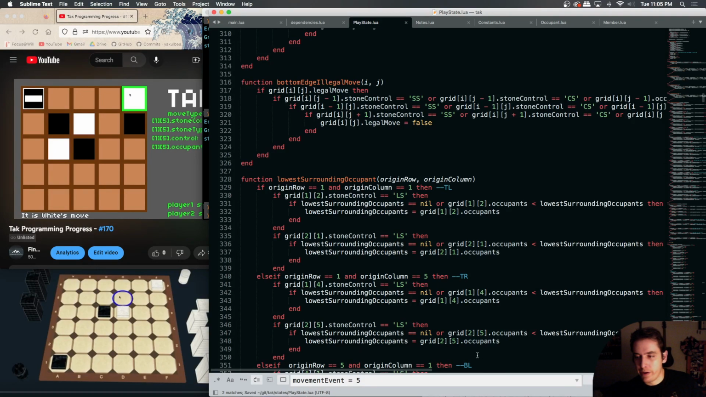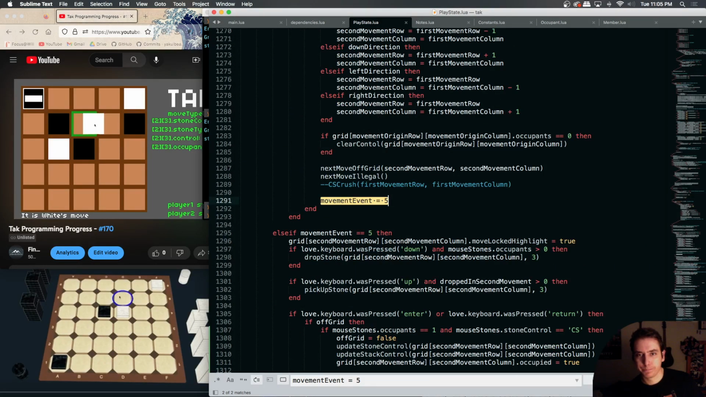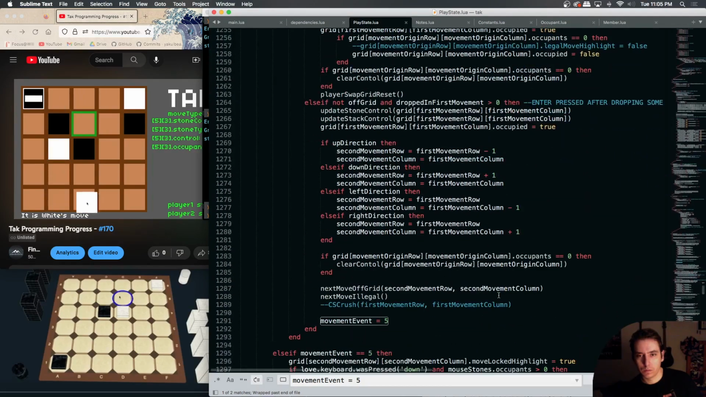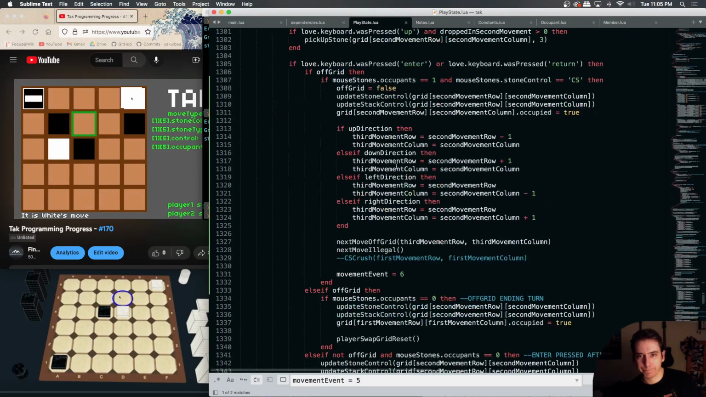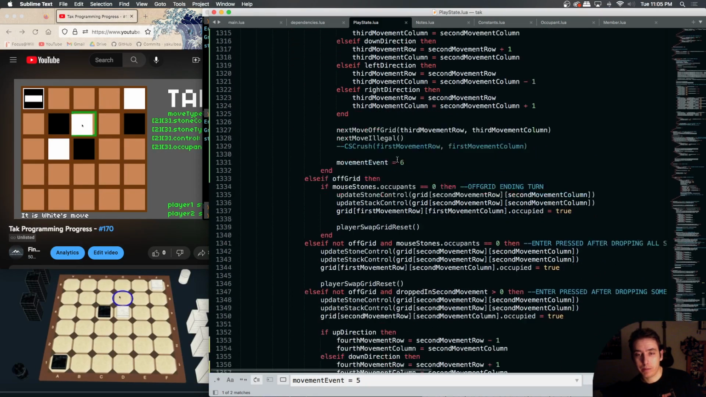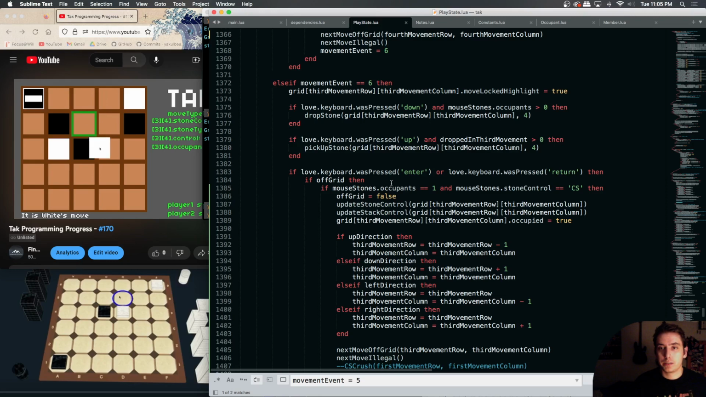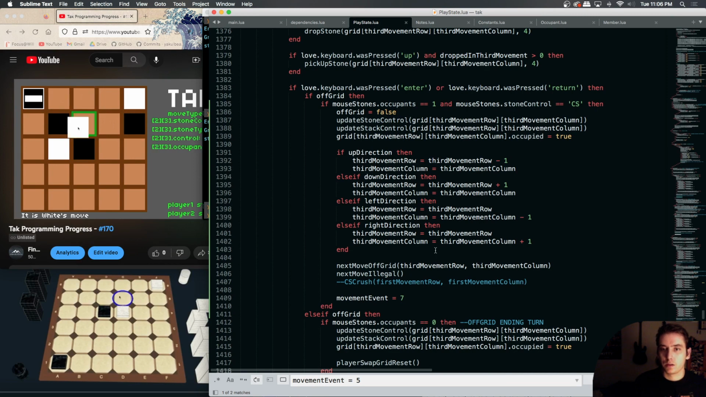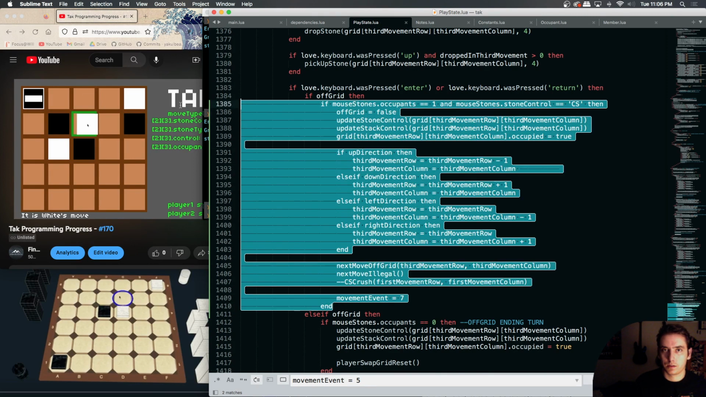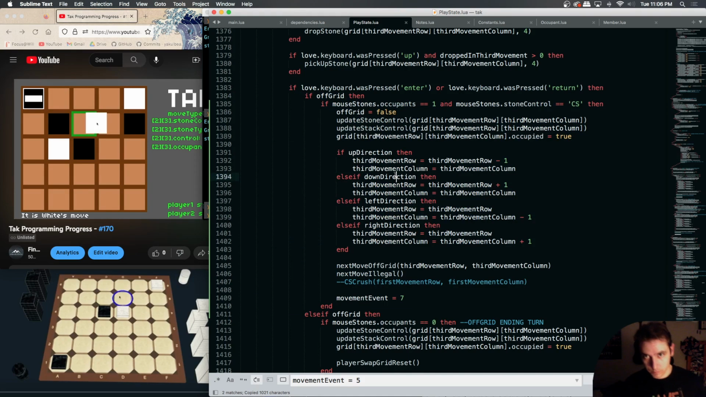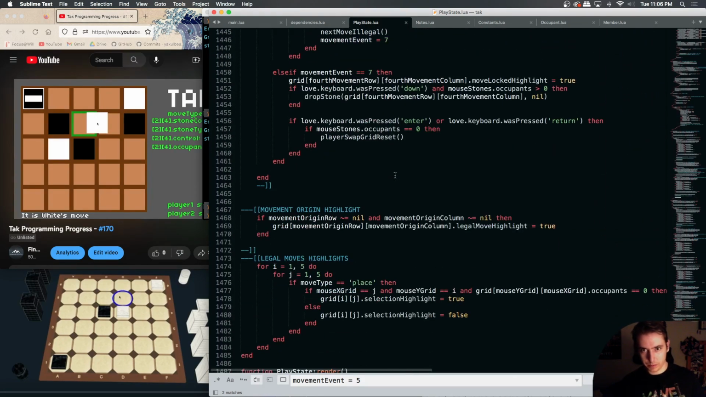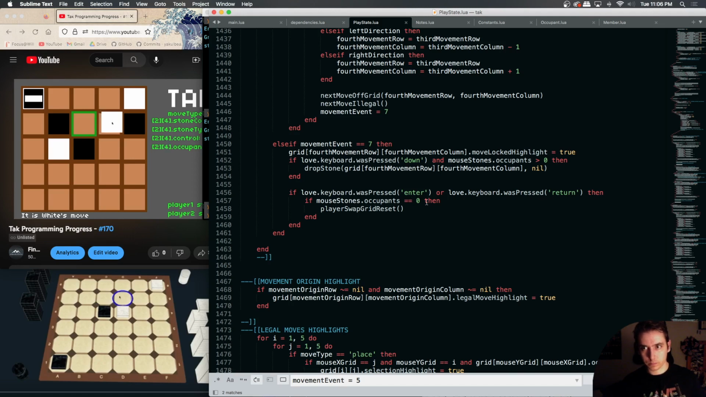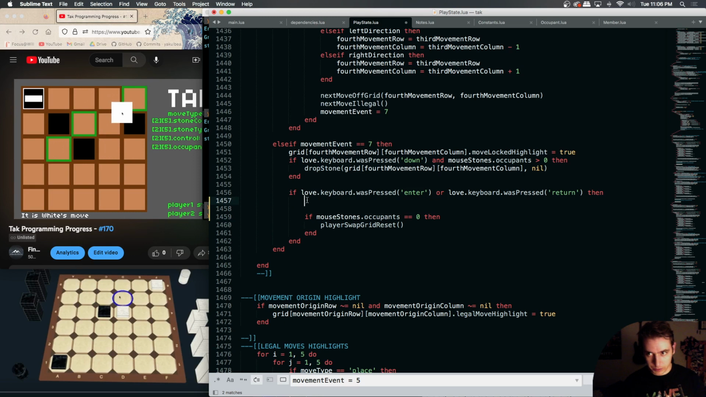Which is a what movement event? We've got 5 that's working. We've got 6 that's working. Yeah, what we just tested was 6. So now we need to test what movement 7? Yeah. Now the thing is, yeah, we still need to allow the capstone crush. Okay. So we can see if enter was pressed,